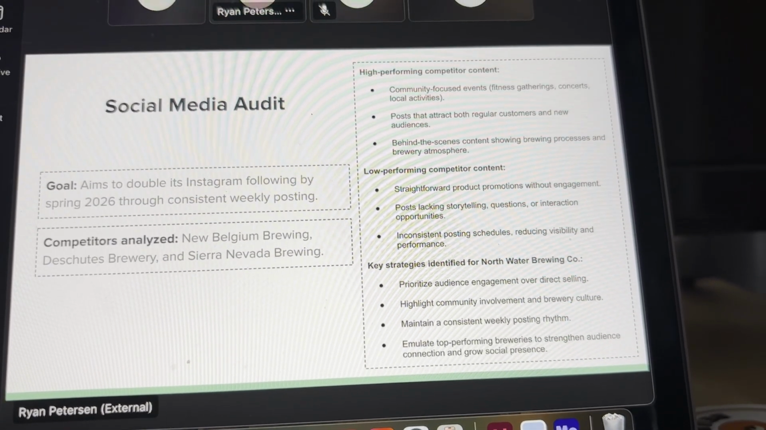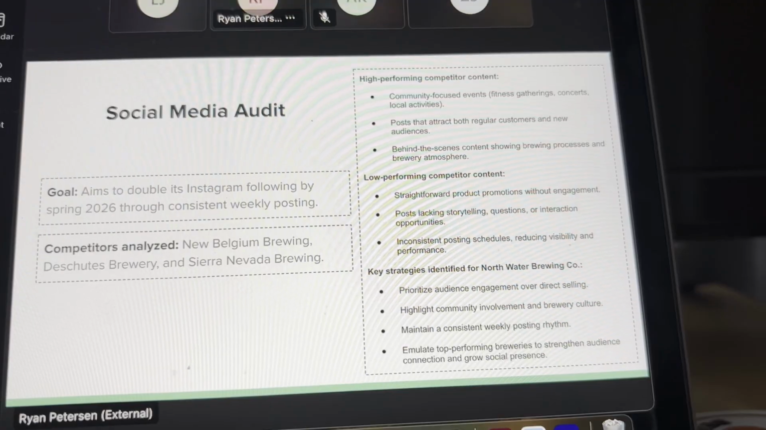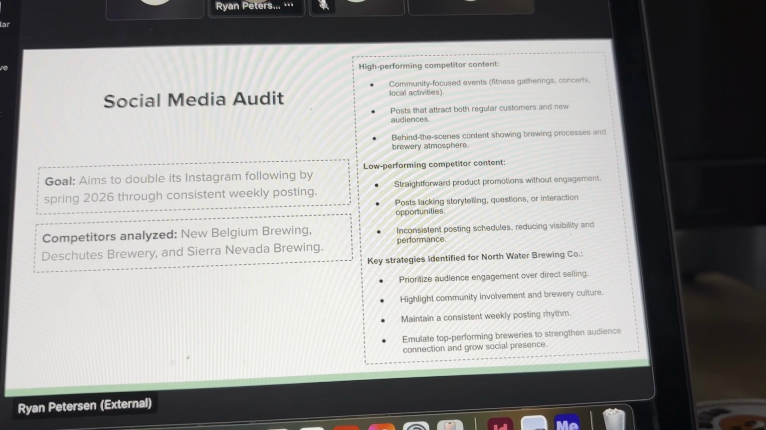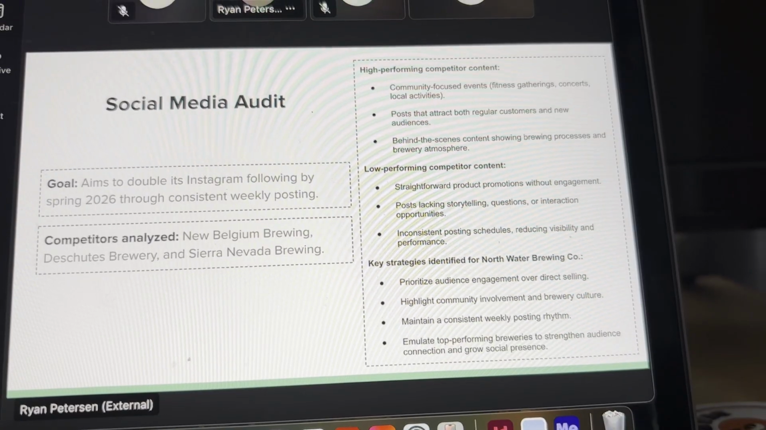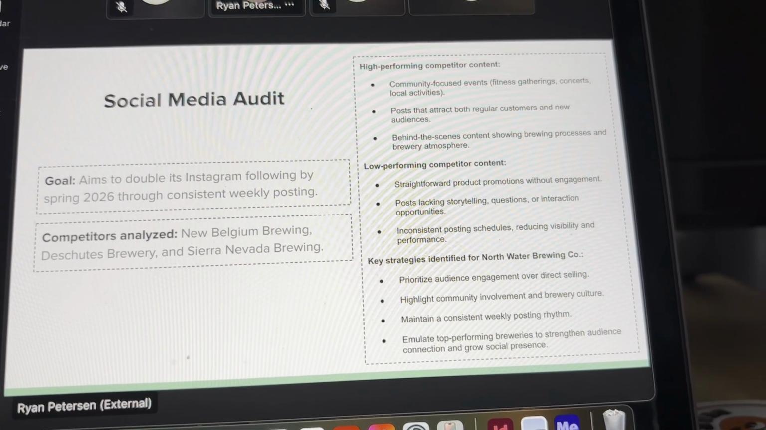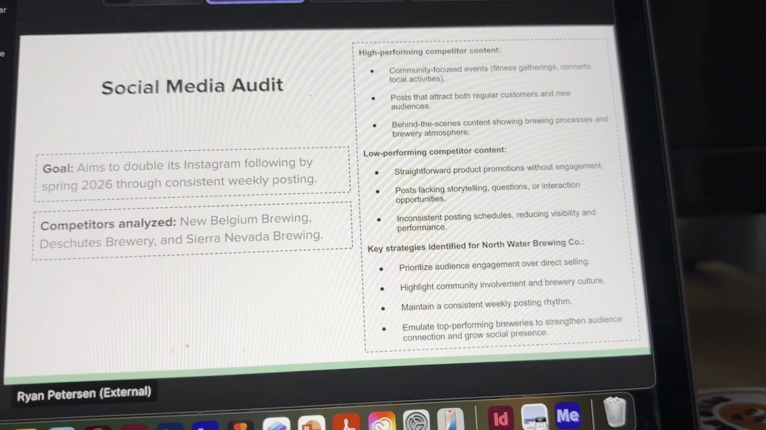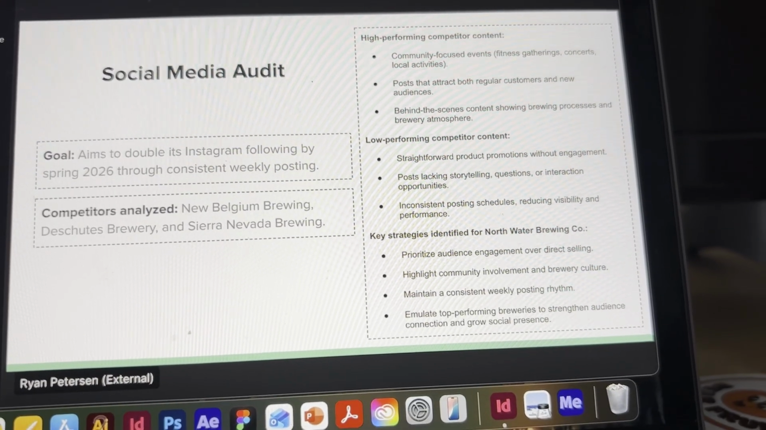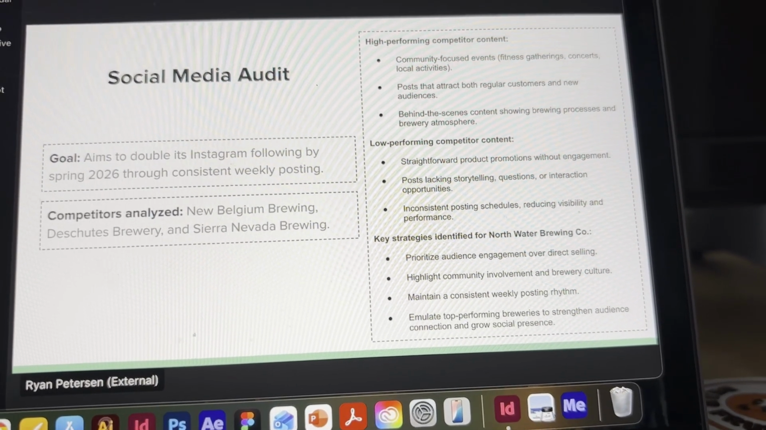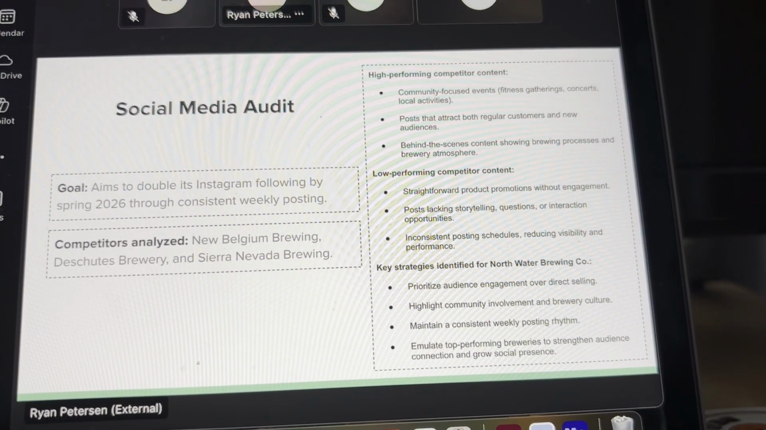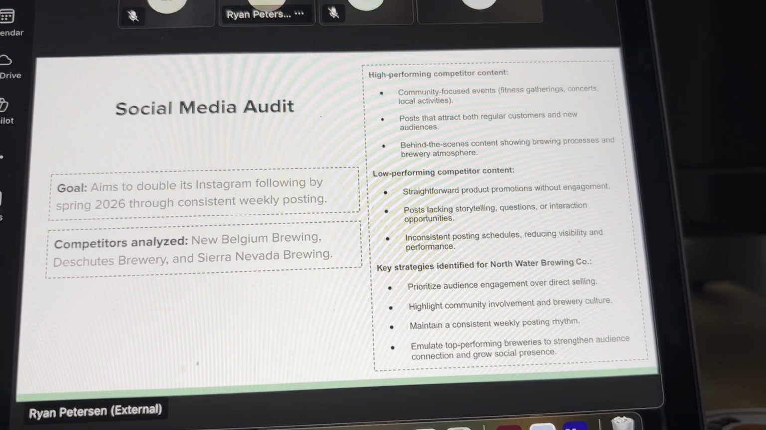First off, our goal is to aim our Instagram following by spring 2026, doubling the follower amount by consistently posting social media posts. And to guide this goal, the group analyzed three major competitors: New Belgium Brewing, Deschutes Brewery, and Sierra Nevada Brewing. Each competitor displayed a mix of strong and weak social media posts. The most successful posts across all these companies